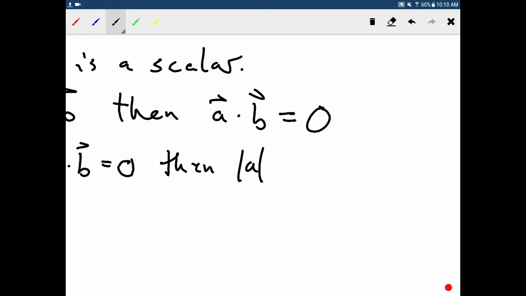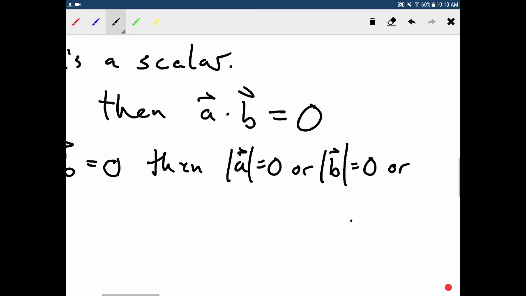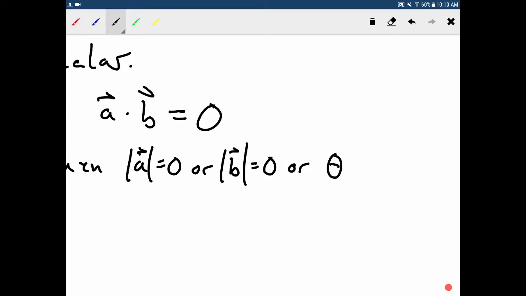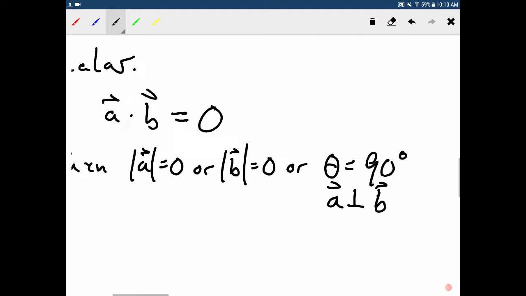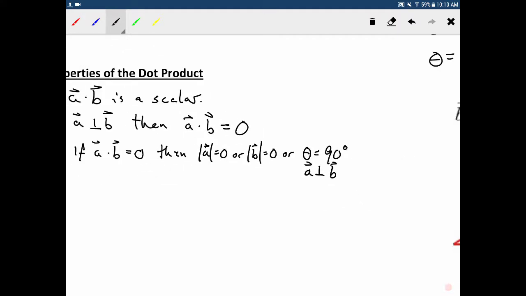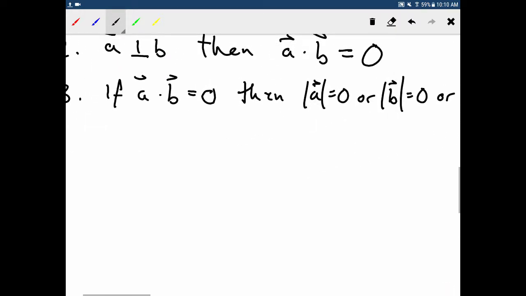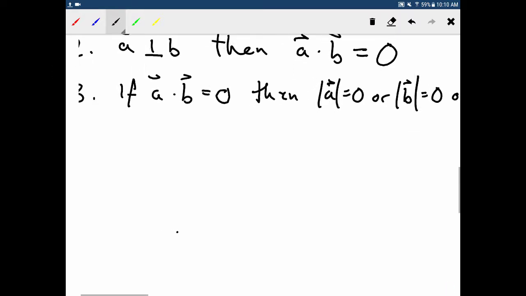Either the magnitude of A is 0, or the magnitude of B equals 0, or the angle is 90 degrees, or rather, A is perpendicular to B. One of those three things must be true. Although, theoretically, I suppose they could all be true. Well, no, they can't all be true, because you can't be perpendicular if you have a zero vector. But anyway,